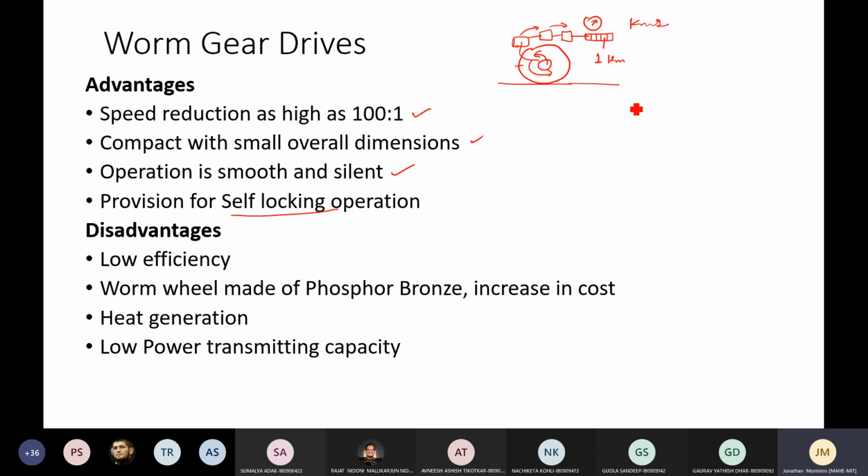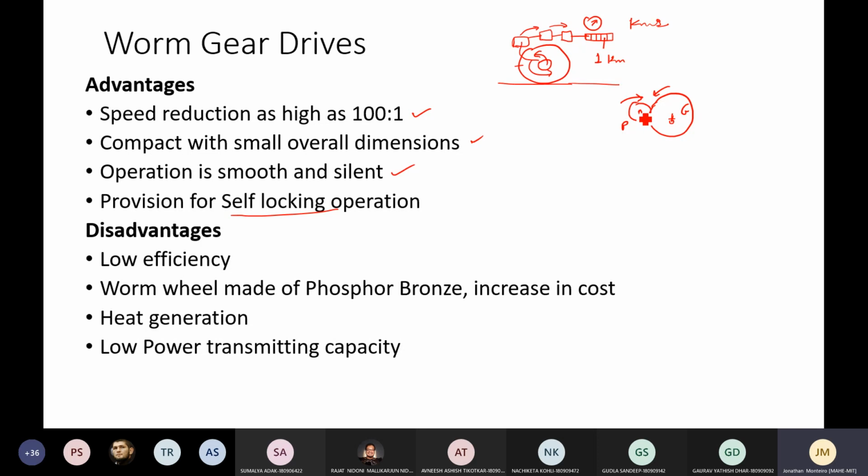So we know that if there is a pinion and a very large gear, the pinion will rotate the gear. So this is the pinion and this is the gear. But it can also happen that a gear can rotate a pinion. Of course, we don't use it for such applications, but it is possible to rotate the pinion using the gear, with lesser torque and a high speed ratio.